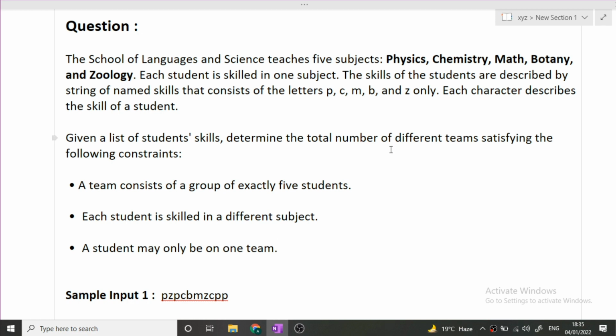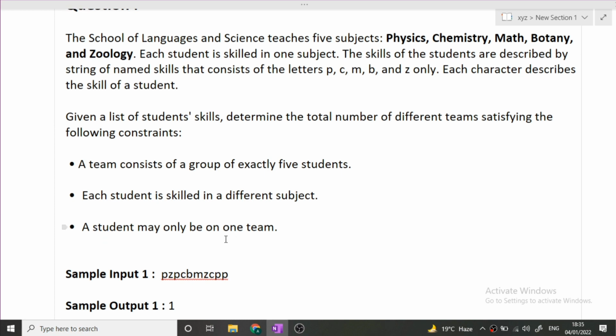Now what we will be given, we will be given an input string just like this. Here each ith element represents the subject that student has mastered in. So for example, the first student has mastered in physics, the second student here has mastered in zoology. Here you can see the fifth student has mastered in botany. So like this, our input string will be given. Now this input string represents the number of students which have mastery in a particular subject.